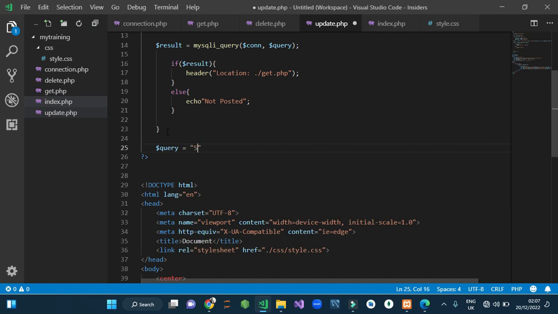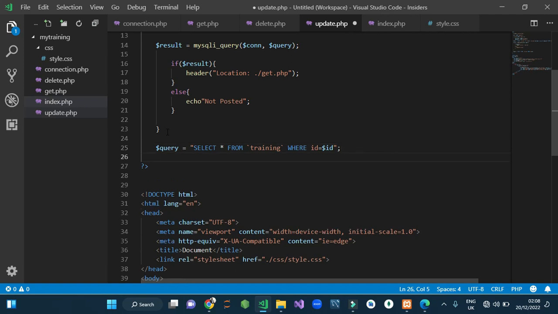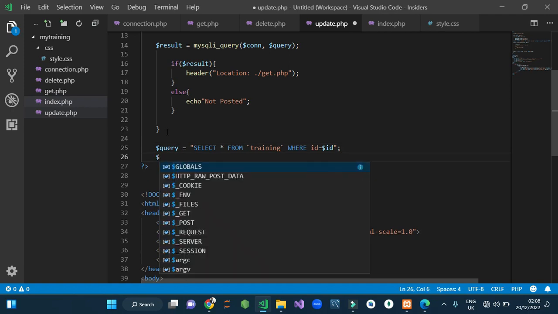I now say SELECT all, which is star, from now our training, like this, where ID equals $ID, like this. I put my semicolon here and I'll call the $query, $result